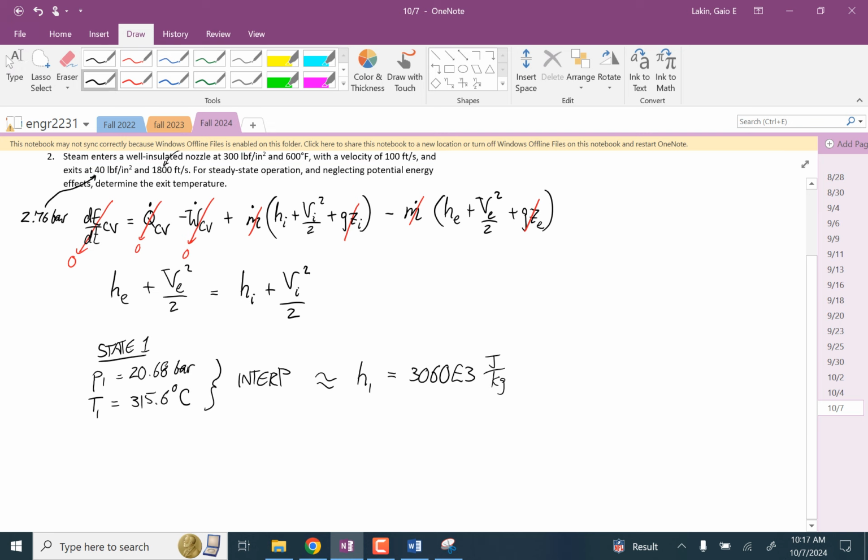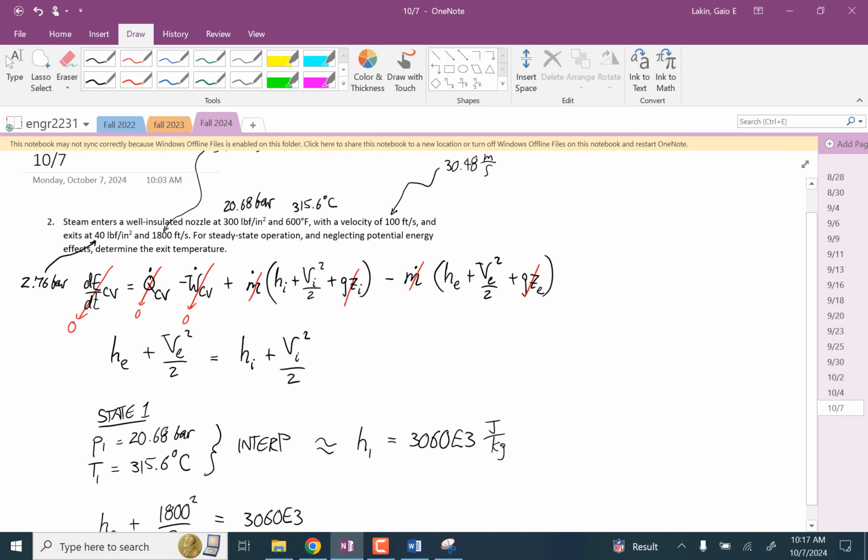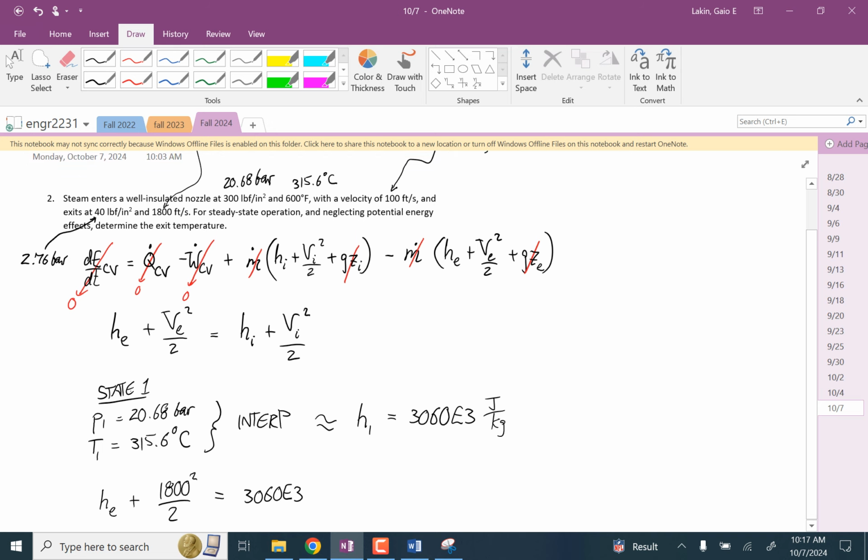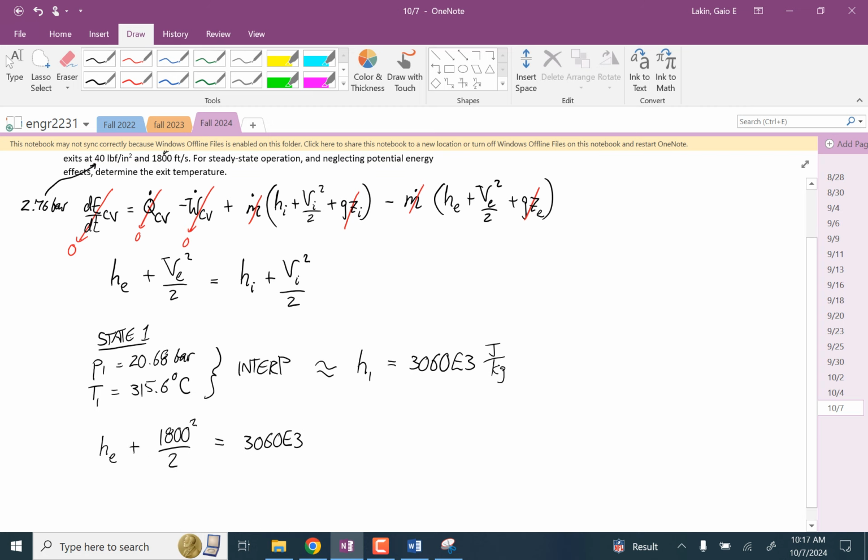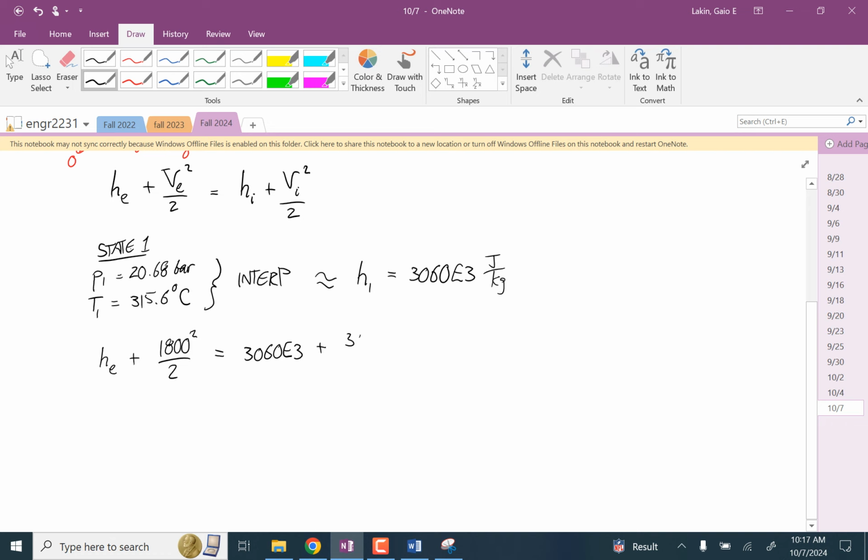And so we have that h_e plus 1800 squared over 2 is equal to 3060 times 10 to the third plus 30.48 squared over 2. And that says that the enthalpy at the exit